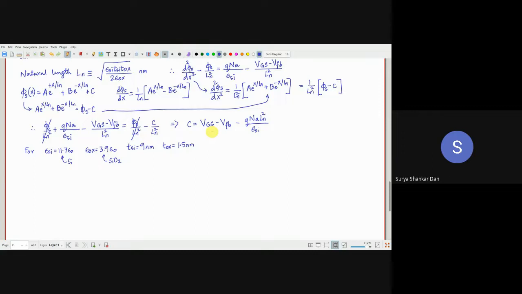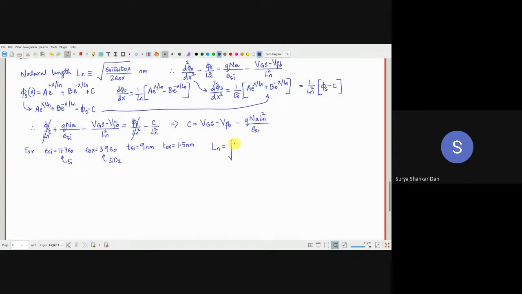So in an interview, if somebody asks what is the value of ln, this equation is perfectly correct, but the values are for illustration purposes, because I want to figure out the estimate of this particular term in the value of C. That's why I'm taking standard values using silicon and SiO2. But I'm reminding you once again, in modern technology we don't use silicon and silicon dioxide. We use silicon germanium and hafnium oxide.